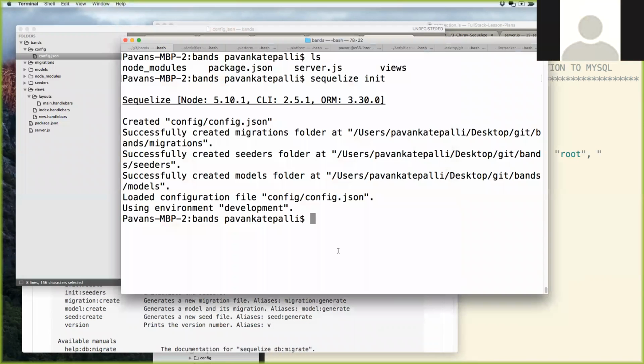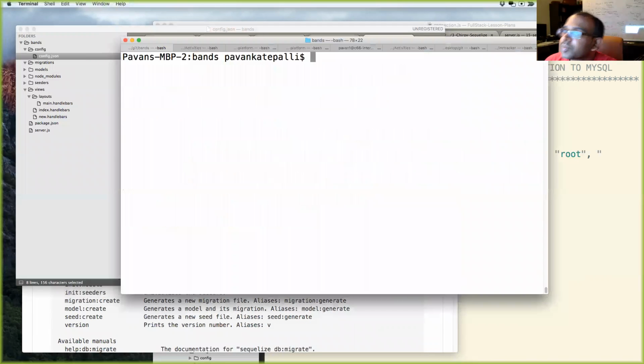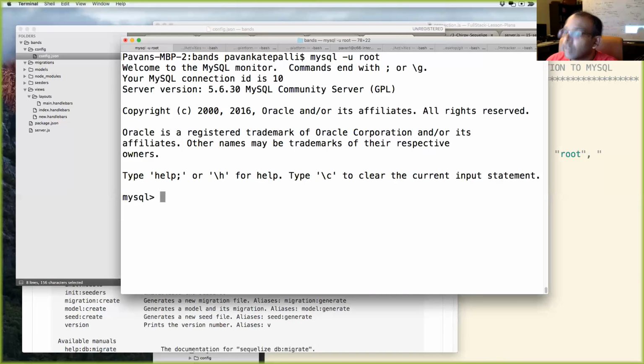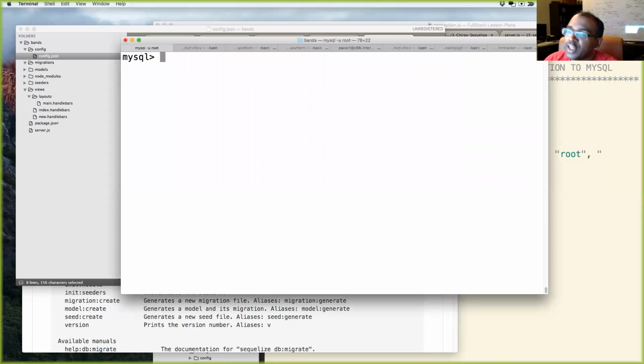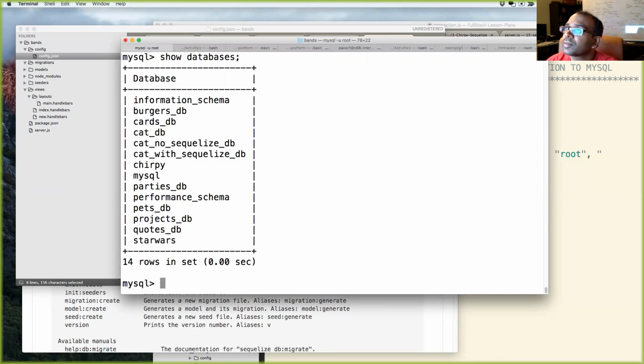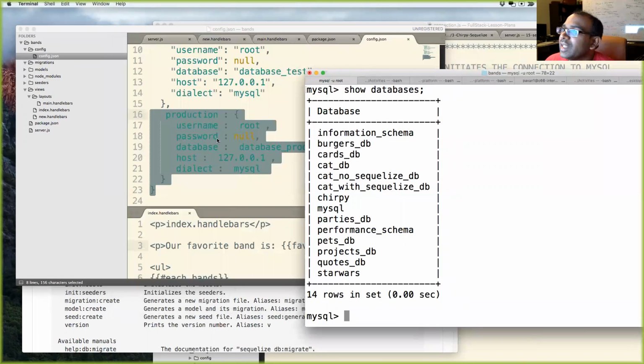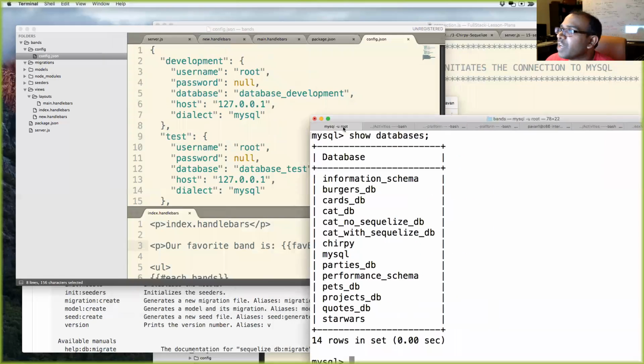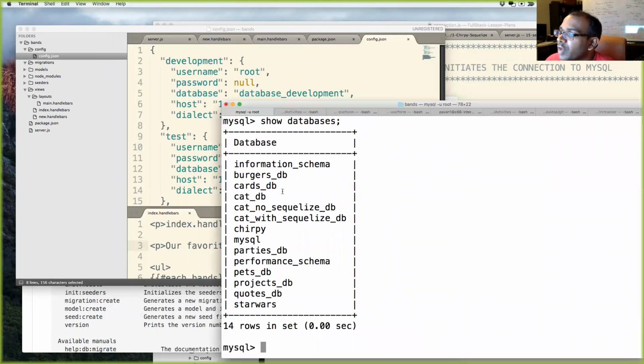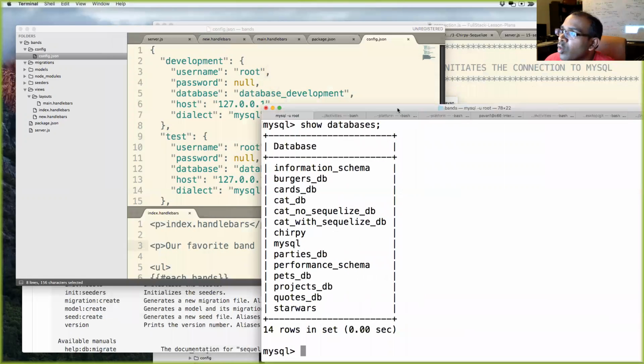Awesome. All right. So what I'll do now is I'll go into MySQL. And I did Control L to clear the screen, show databases. And I basically don't see this database development right here. So what I'll do is I'll create database development, or whatever I call this.